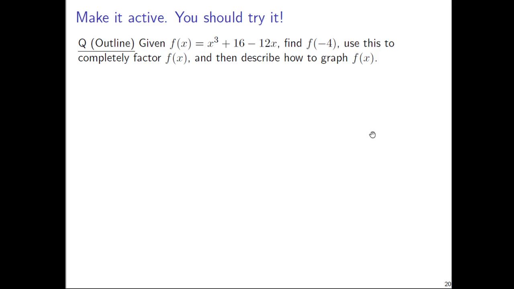Okay, so look, the interactive question was already mentioned. But what I'd like to do on this slide is just outline. I don't want to provide all of the details because there's a lot of details, and because I think it's important for you to make this process active. So given the function f of x equals x cubed plus 16 minus 12x squared,